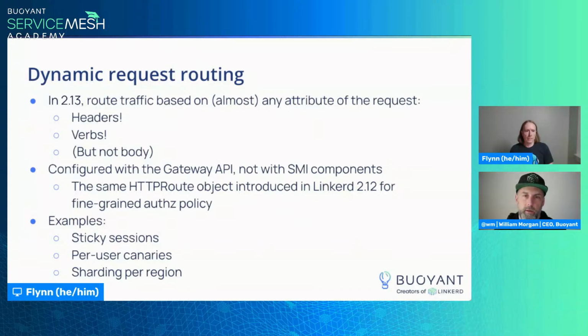We're going to use that thing as the kind of core configuration primitive. And that's a very powerful, very expressive, very complicated in a lot of ways tool that Flynn is probably a little too familiar with at this point as our representative in a lot of the Gateway API conversations. But this is going to be our core tool, not just for authorization policy, but for doing this kind of fine-grained dynamic request routing.